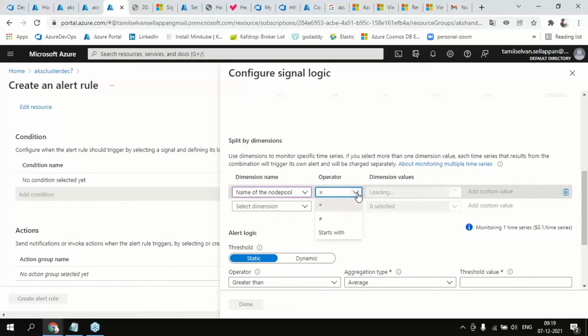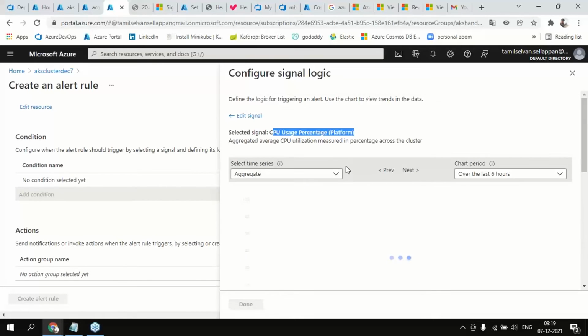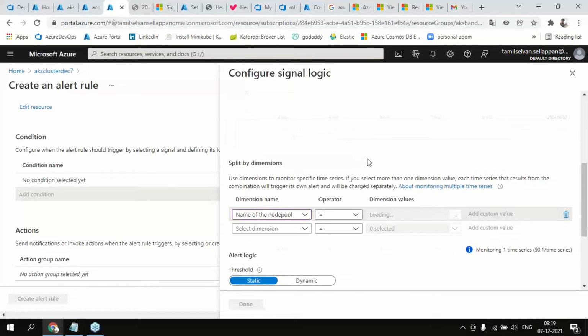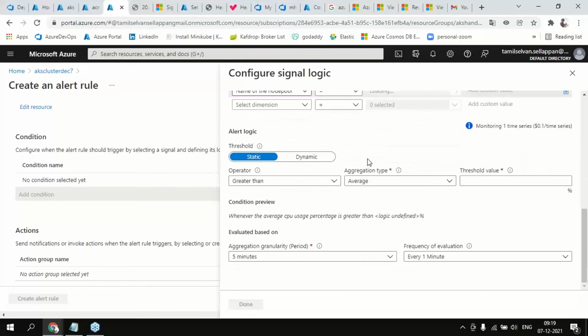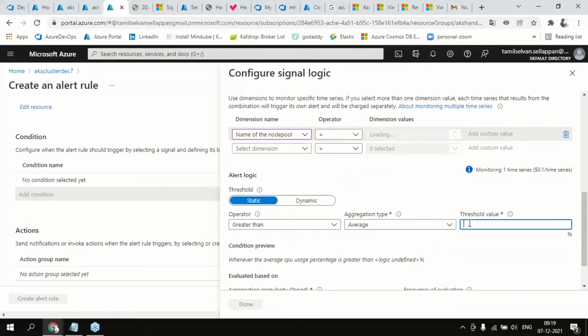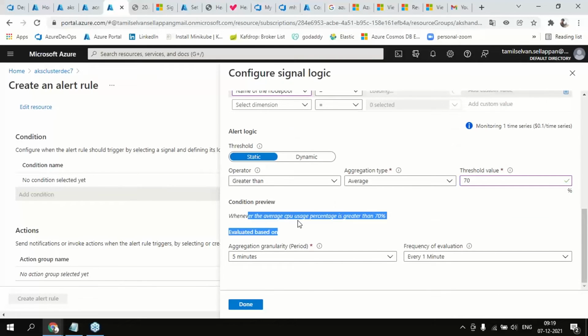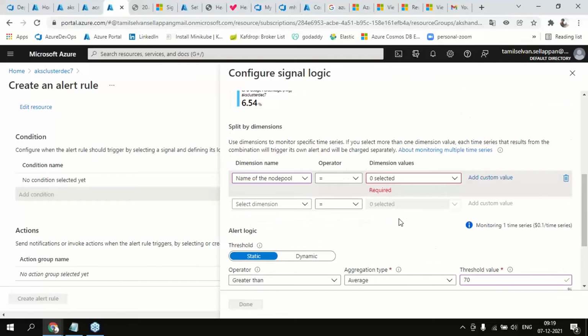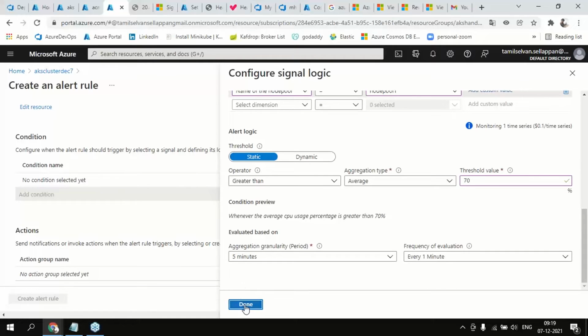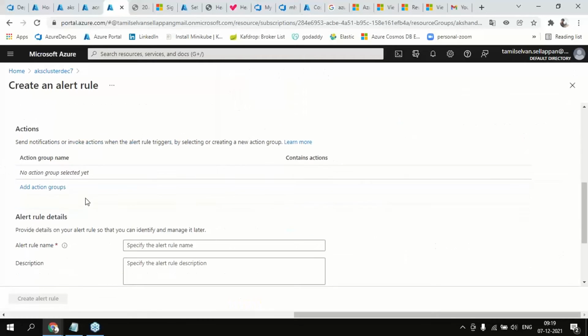So the name of the pool. I think it is just loading. So 5 minutes, and here we can say 70 percentage. Whenever the average CPU usage percentage is greater than 70 percentage, at that time the triggering will happen. Okay, and I will just add the condition, and then I need to create the alert,